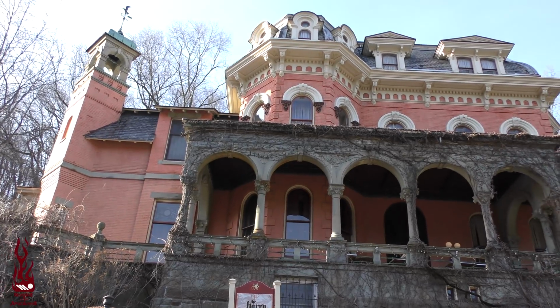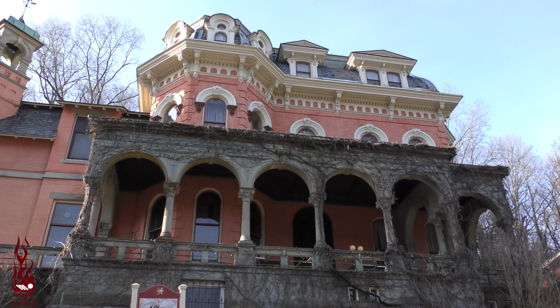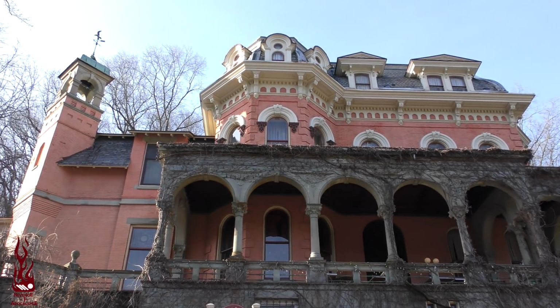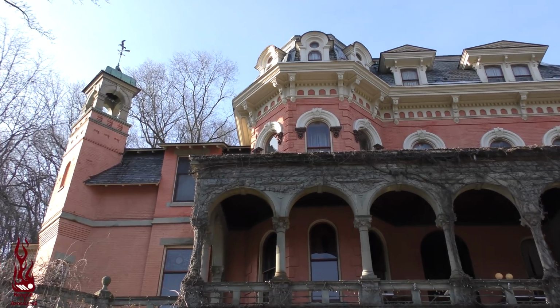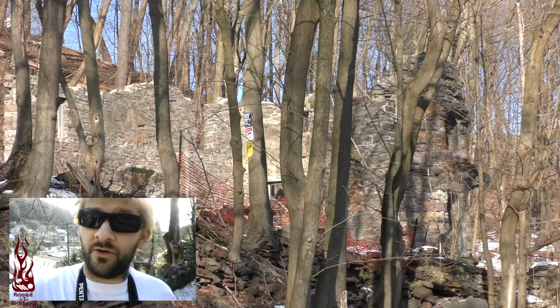All right guys, so here's one other thing that we'll be checking out in a later video. Of course, by later video means I need to actually come out and explore a little bit. But this is an old mansion. So this is where we're going to